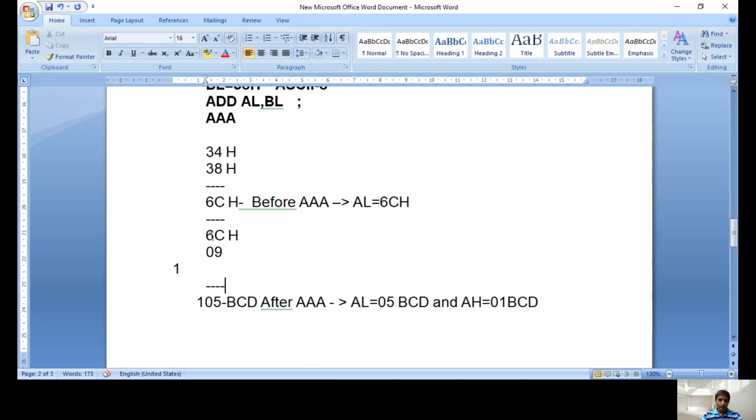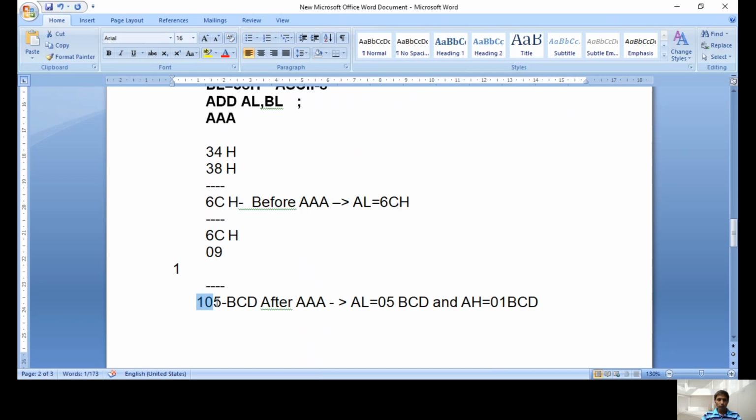The reason is that the higher 4 bits become masked off. See here, 6 plus 0 is actually 6, but because of the AAA instruction, the higher 4 bits are masked off, and for the lower 4-bit value, if it is more than 9, add 9. In that addition, if any carry appears, that carry comes to the next byte. That's why C plus 9 is 21 minus 16, so the result is 5. That carry comes to the next byte. So the higher 4-bit values are masked off, and the carry comes to the next byte.